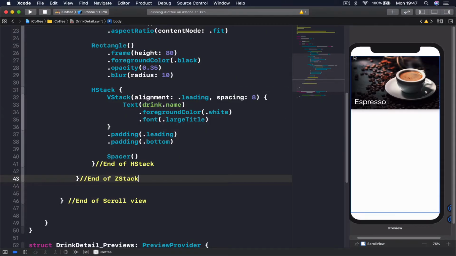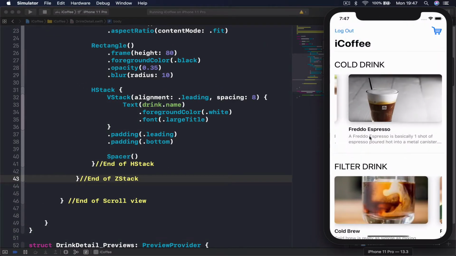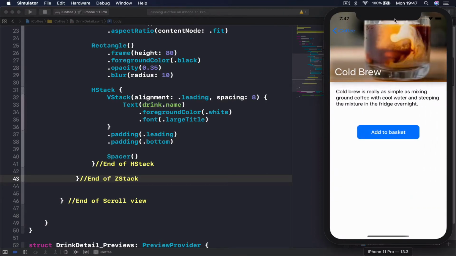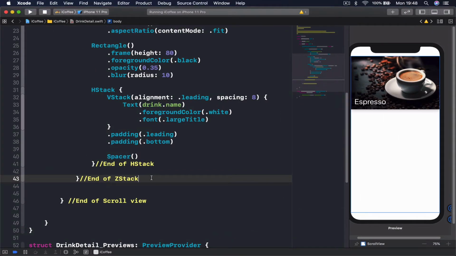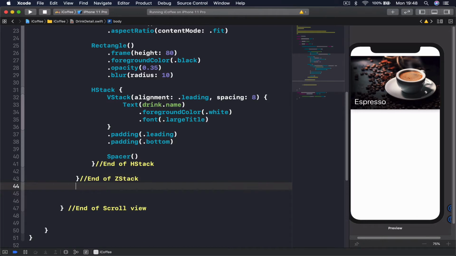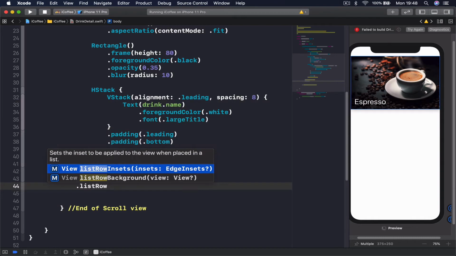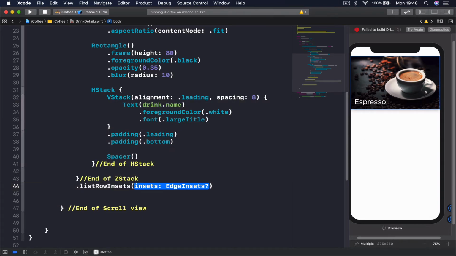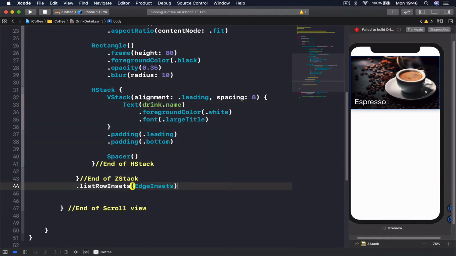So as you can see now, our top area, our image, doesn't cover all the way to the top like our picture here covers. So we are going to do this now, and after our ZStack is finishing, I'm going to add some parameter to it. So we say listRowInsets, and I'm going to say EdgeInsets, and this is going to make it,